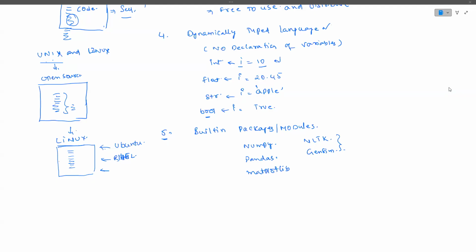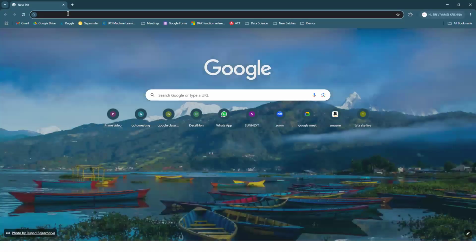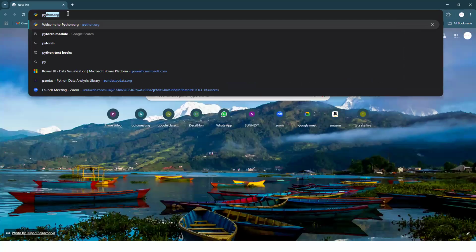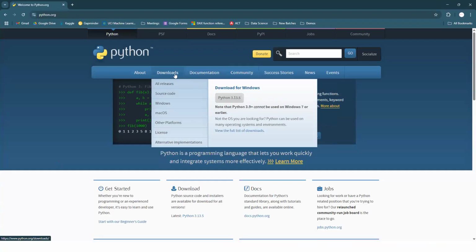Please install Python from python.org, as I already said. In the next class, I'll start with some basic implementation in Python. Once again, go to python.org, and there you will find Downloads. If you are using Windows, go for Windows.